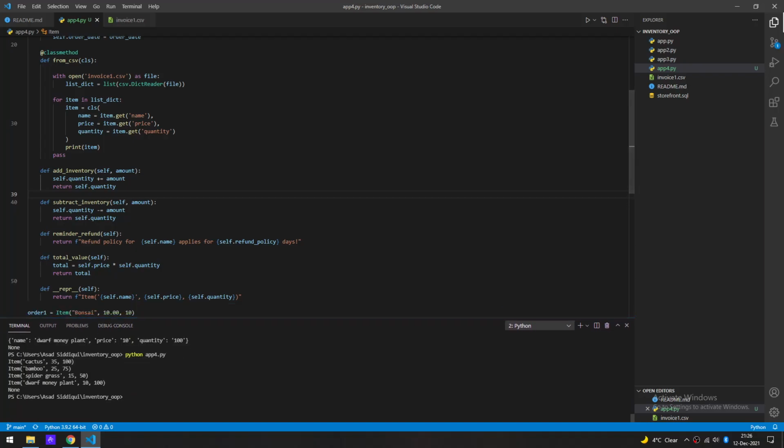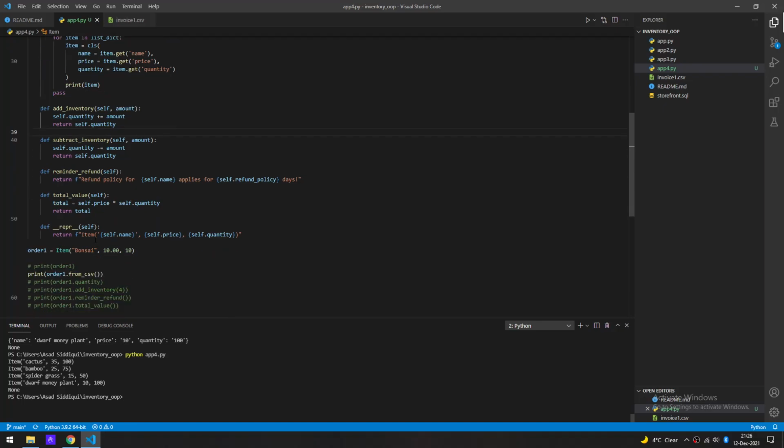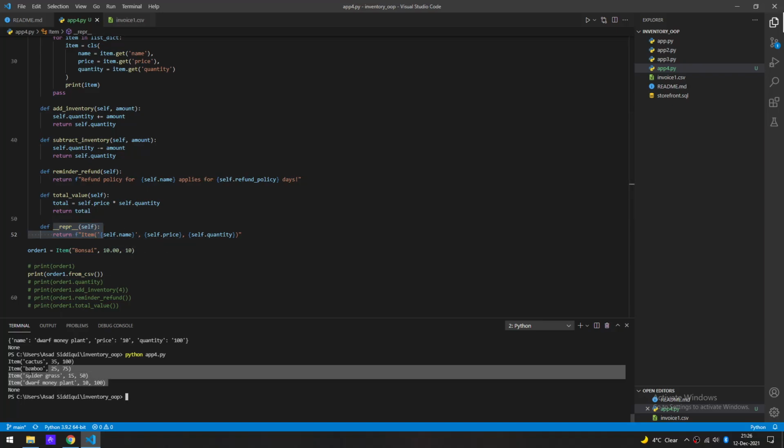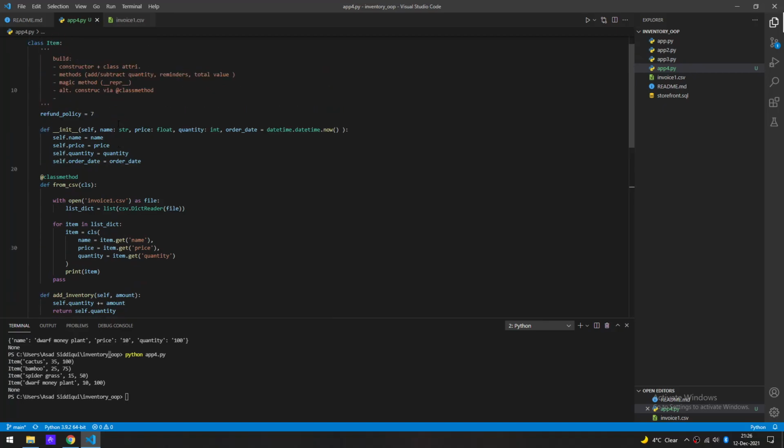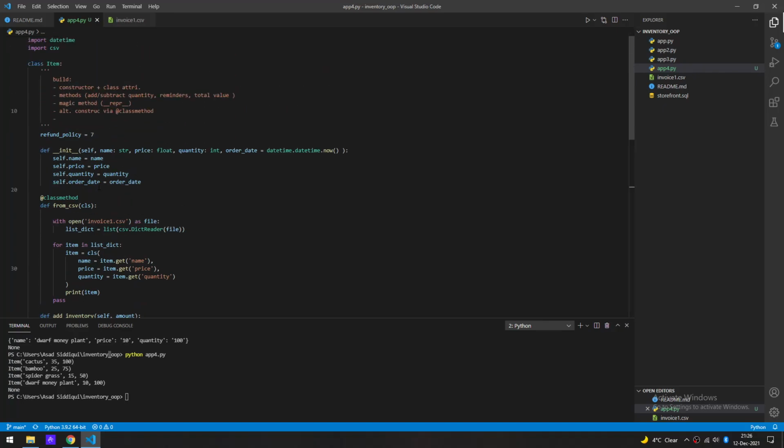So we create each of the items and we show it, and because we are showing the object representation, which would have been in that angle bracket __main__ format, we're benefiting from having this matching method defined and seeing it in this more readable form. We have the name of the product, the price, and the quantity of it. So that is that. The other thing we can do